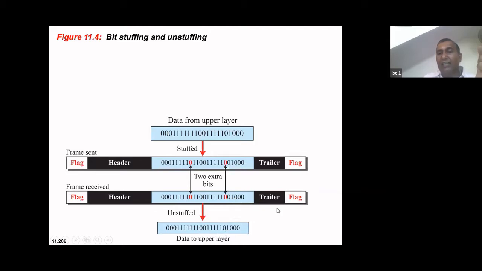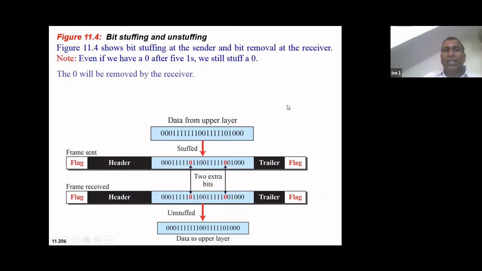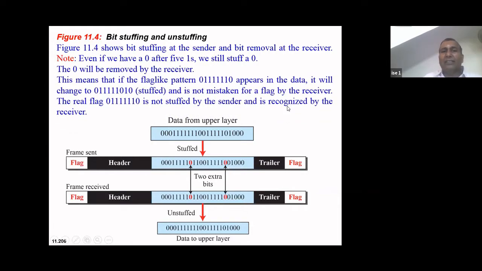So this is where the bit stuffing has been done. Okay, so this is how we achieve something called bit stuffing. So why have I done this? Just to indicate that my frame is delimited. Delimited means distinguished from other frames by putting a flag at the beginning of the frame, at the end of the frame, and the inner part will have header part and trailer